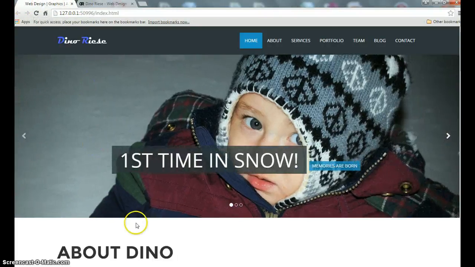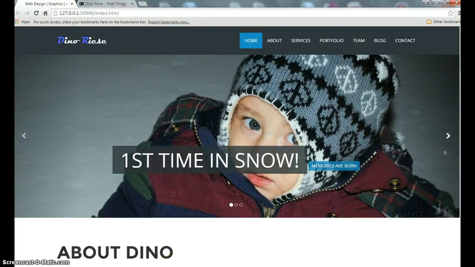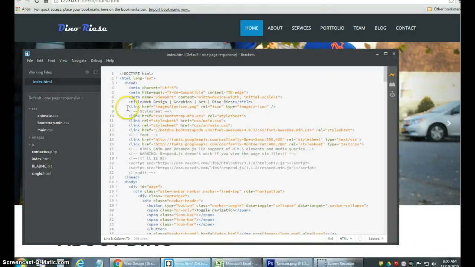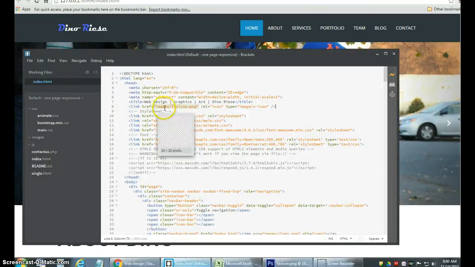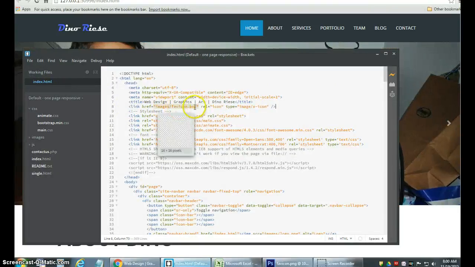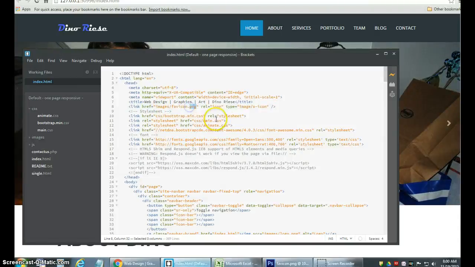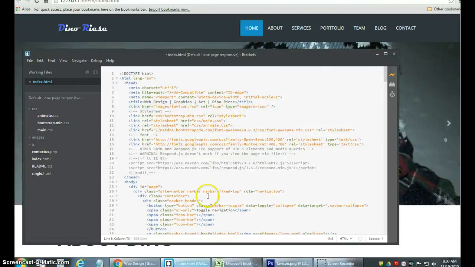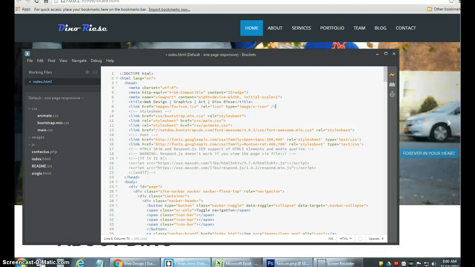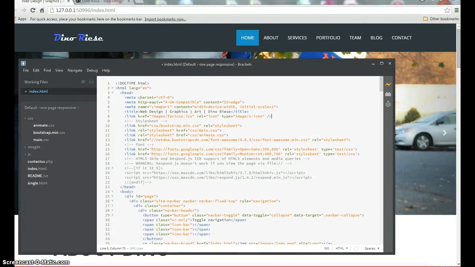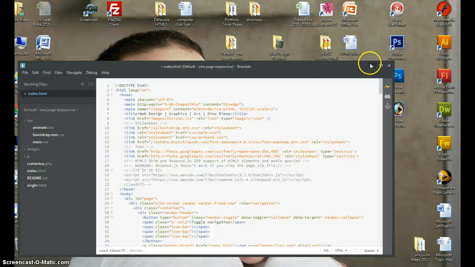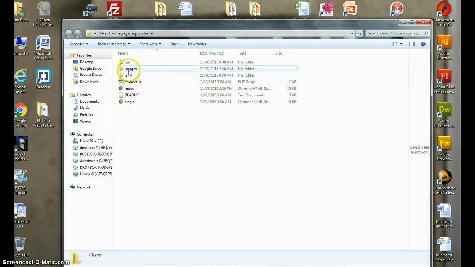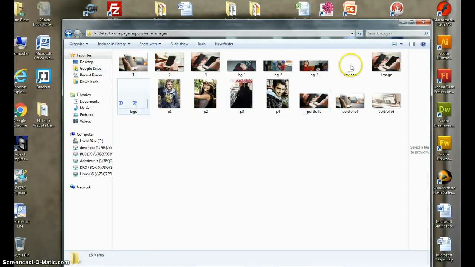but you don't see it on this one because we're going to create it. So if we go into the file tree, we're going to look at everything where it belongs. In here, it's right here on the template that I've given you. It is in images, favicon dot, it's going to say .ico over here. It's going to say .ico, all right, and that's going to be in your root folder, which will be, let me show you. Your root folder is going to be default one-page responsive images. It is going to be in here,